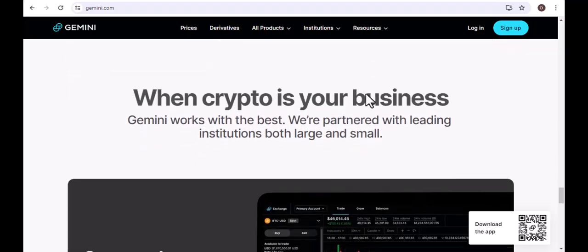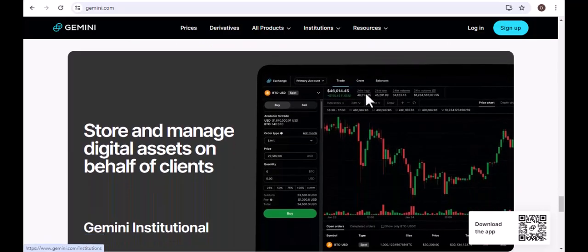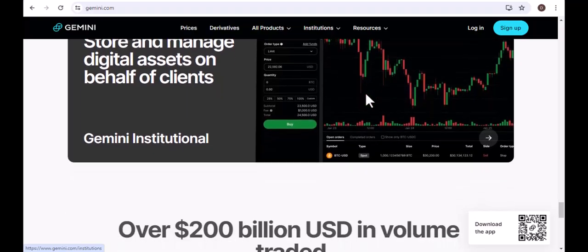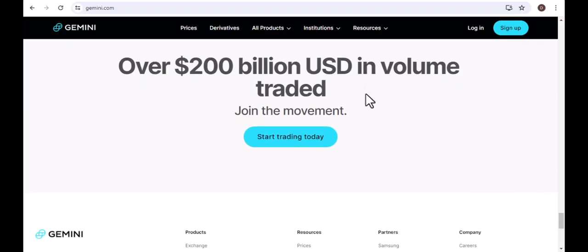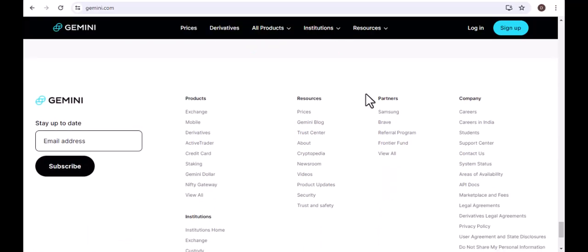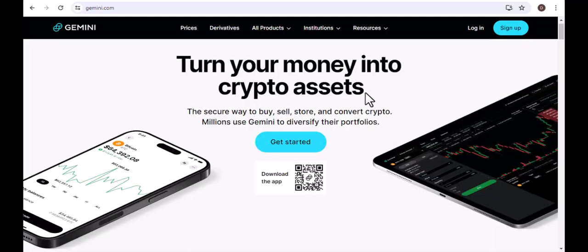The available methods and processing times may vary depending on your location and the chosen method. Navigate to the deposit or funding section of your Gemini account, select your preferred method, and follow the instructions. Keep in mind that some methods might have associated fees, so it's always a good idea to be aware of these beforehand. Once your funds have successfully landed in your Gemini account, you're ready to navigate to the trading interface